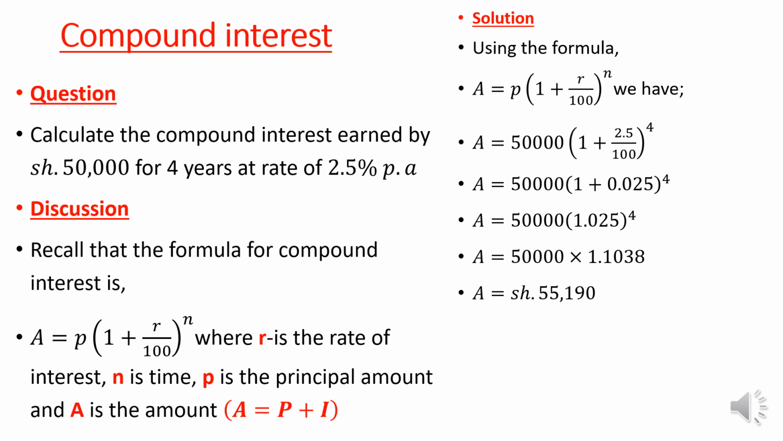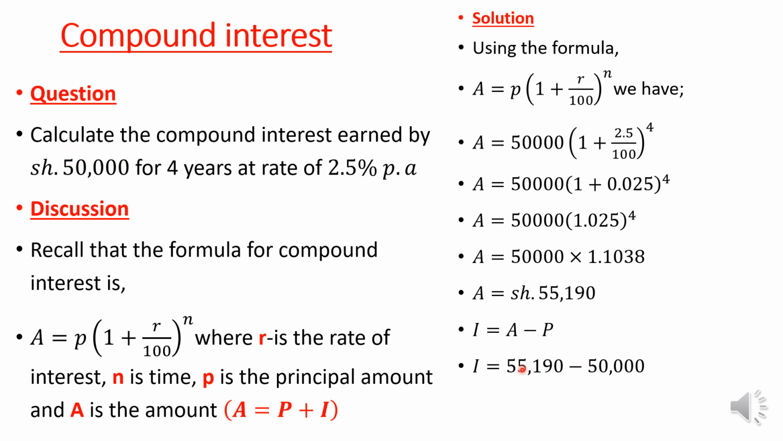55,190. Remember that is the amount, but the question requires you to calculate the compound interest. The compound interest is what we need, and therefore, remember that the compound interest is equal to the amount minus the principal. Because we know the amount is 55,190, the one we have already gotten from here, and the principal is this amount that was invested,